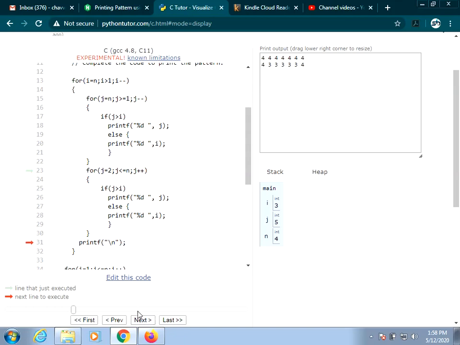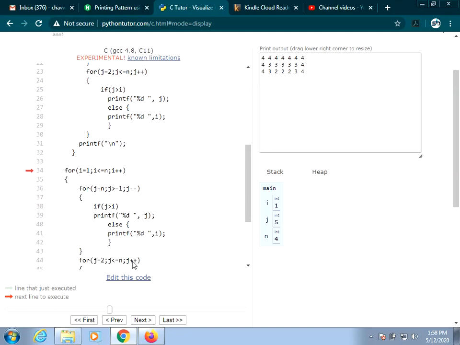So now 4, and it will go to the next line. Again i will become 2. Again a similar process will repeat until the third line also is printed.